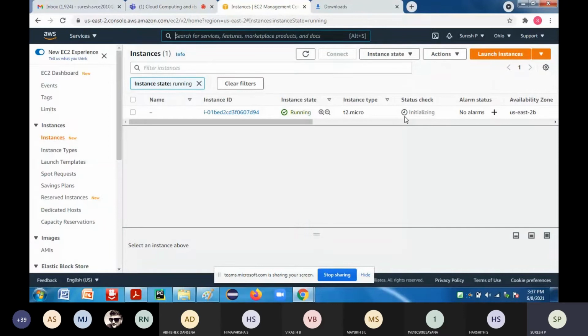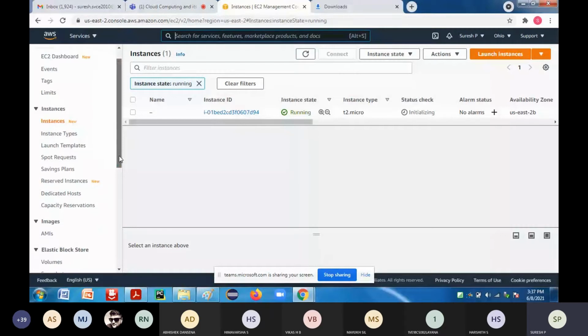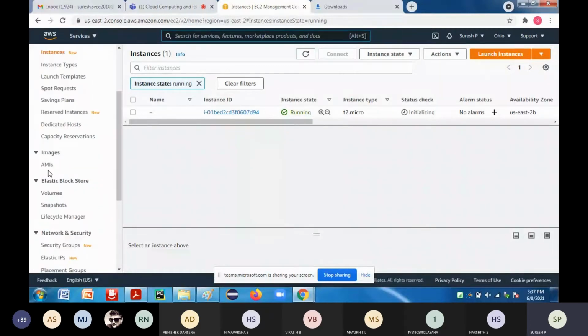Meantime, these are the dashboard events which you are going to have. You can see that AMI is there, that is Amazon Machine Images. If you run an instance and make changes in it to develop some applications, once you close that instance, it will go to the default state.